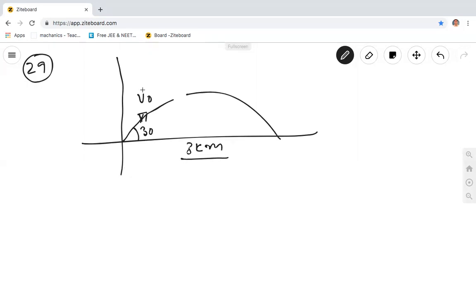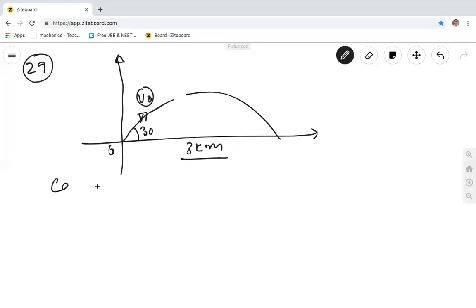The speed of the projectile is v0. It is given that there is a projectile with an initial speed v0. It is thrown at an angle of 30 degrees and it goes over a range of 3 kilometers. Now, the question is,